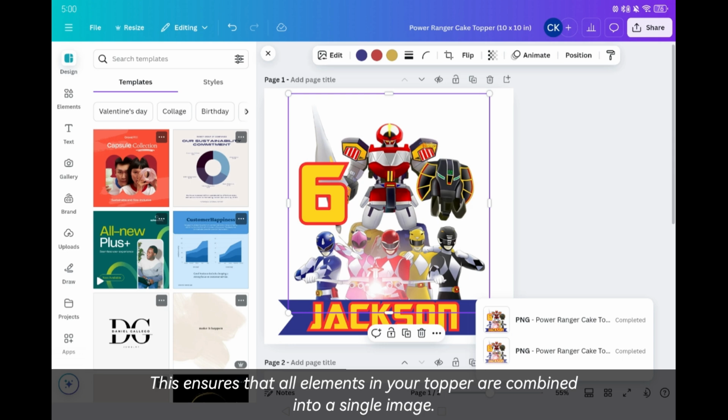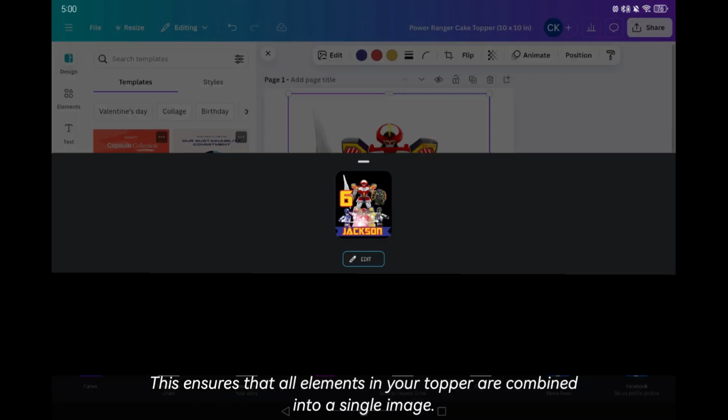This ensures that all elements in your topper are combined into a single image.